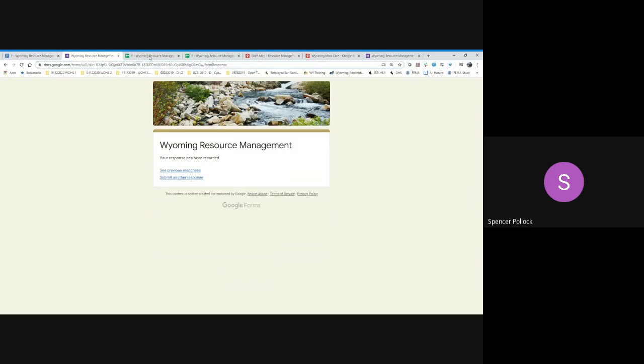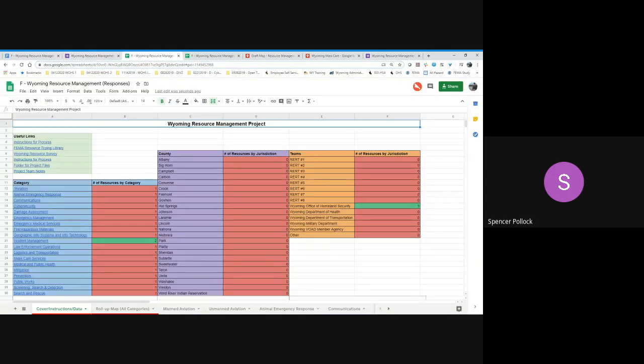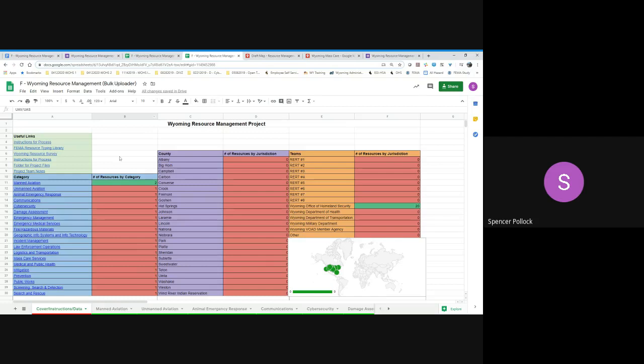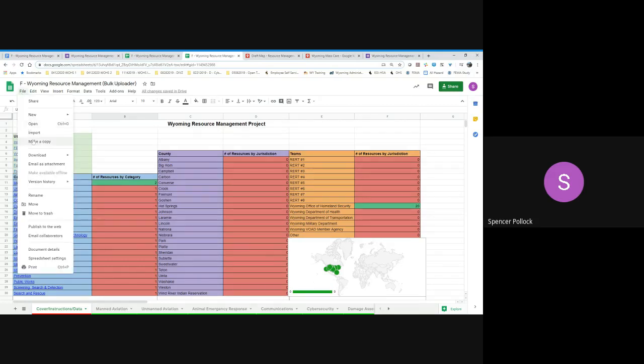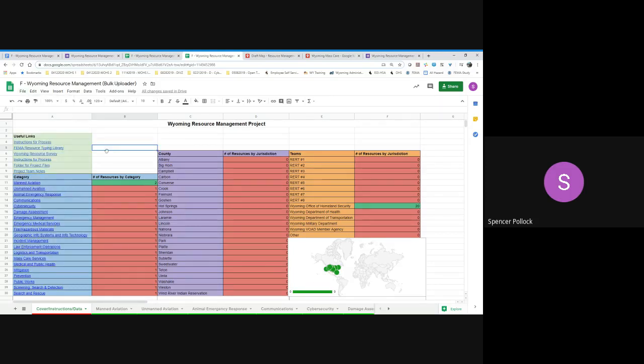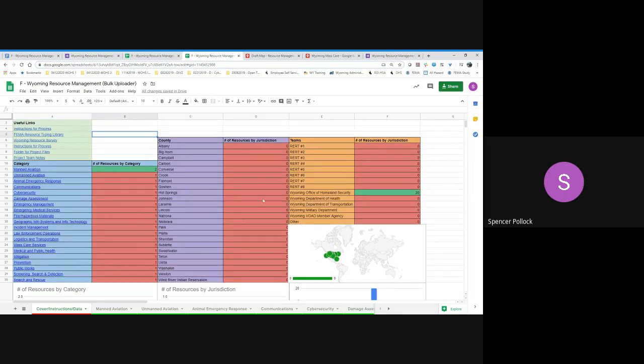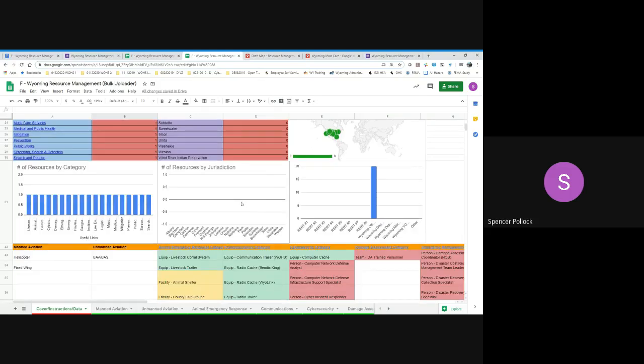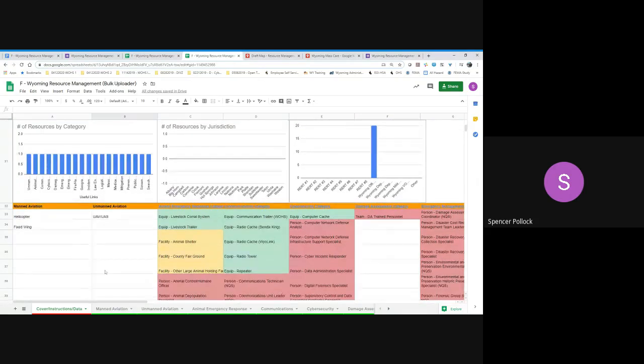The second way, and probably the main way folks will interact with this document and get information in, is with our bulk uploader tool. We'll look at that momentarily here. Effectively, it's a large spreadsheet, and so when you get this link, you simply hit File, make a copy, and that will save a local copy to you, or you can download it. This allows you and your team locally to really take some time and go through and put some stuff in. The value of this is it does then load in information, right? It gives you a little bit of a snapshot of what's in there. It also reminds you of what you can put in which category.